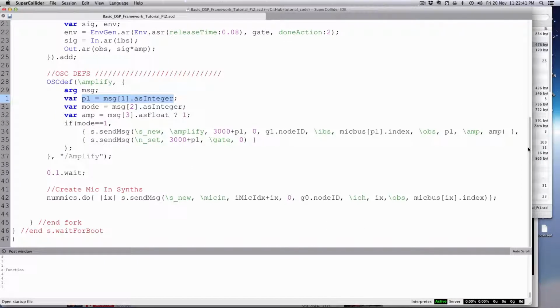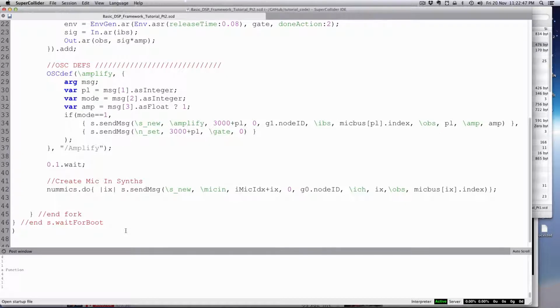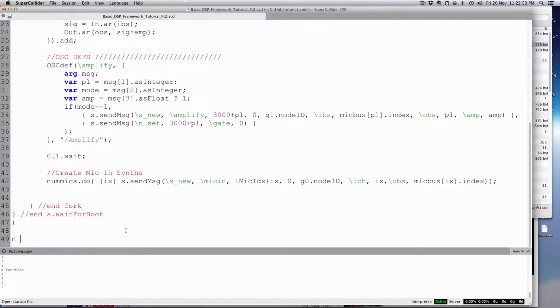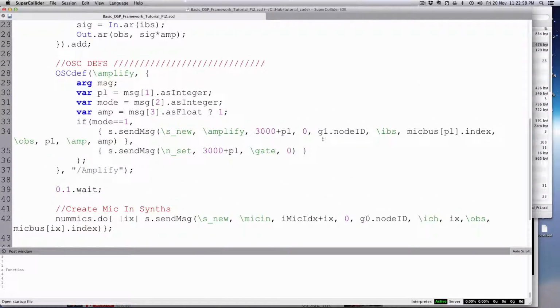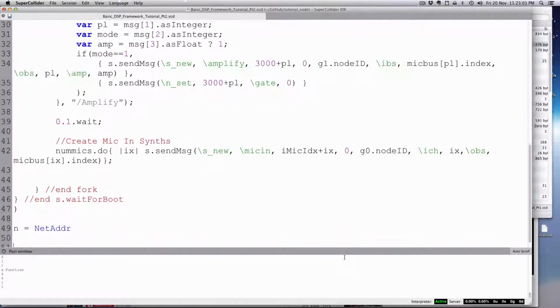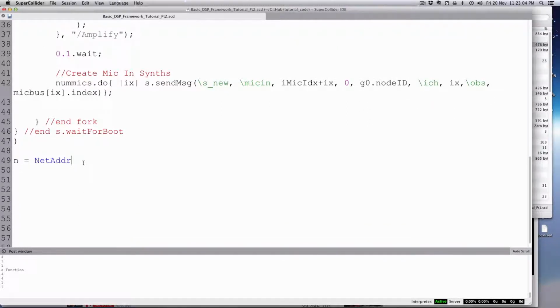We have created our synths and such. Okay, so I'm going to just create a little test version here. We'll just send a message to myself because we're not involved in creating a GUI or anything just yet. And I'll just do a little tester, n equals a NetAddr, and it's going to be hostname 127.0.0.1, and the port will be 57120. Okay, and we're going to do n.send